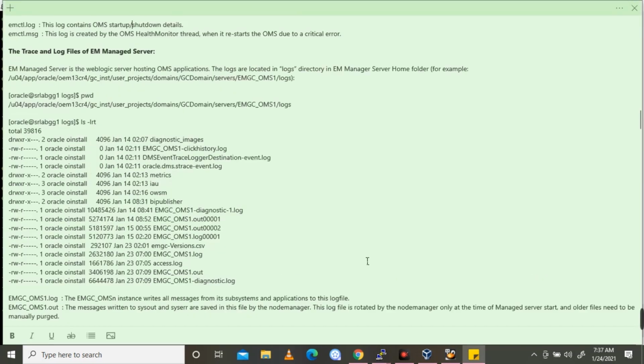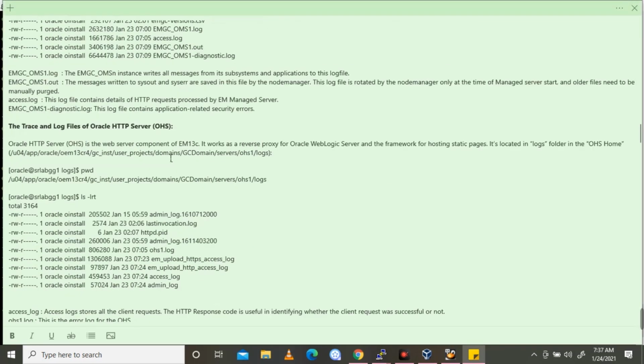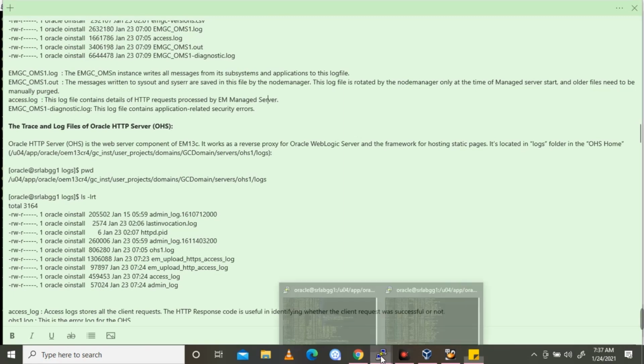The next one, access log. This log file contains details of HTTP requests processed by the EM managed server.